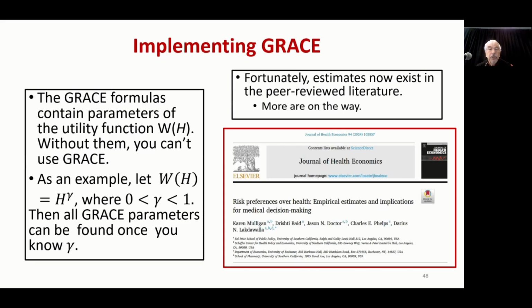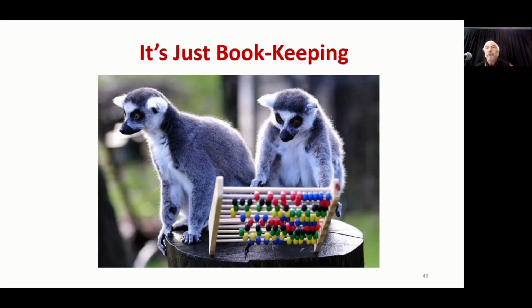So given all these complications, all the messy math that's in the multi-period model and the necessity to have an estimate of the function, you don't need to estimate the parameters of the utility function for each new intervention measure, for each new health technology assessment. That can be done once, and you can use those parameters forever. So in fact, the difference between using cost effectiveness and GRACE is just the bookkeeping is a little more complicated. But I'll tell you, I can do it. I can write that all in an Excel spreadsheet program. And folks, you do not want to hire me as an Excel programmer. But it's that simple. It really is.